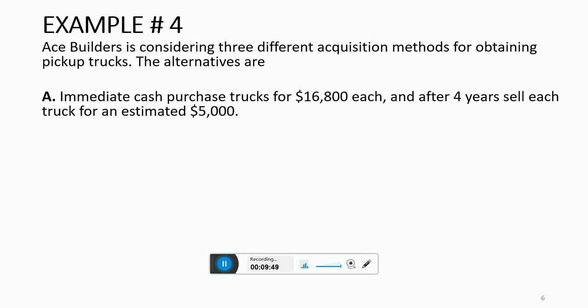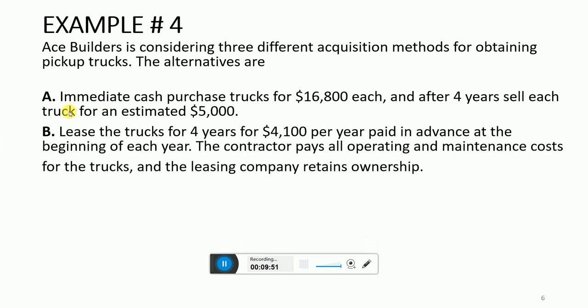The second option, let's see. The second option states that he can lease the trucks for 4 years, for $4,100 per year paid in advance,